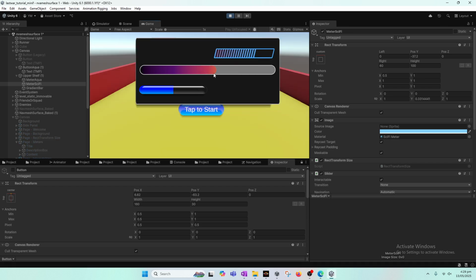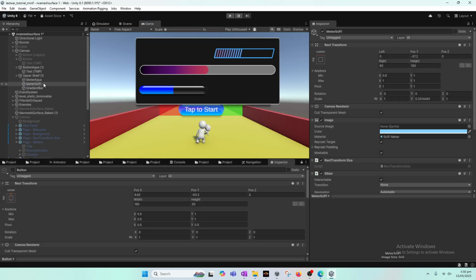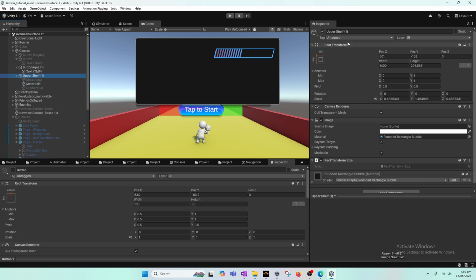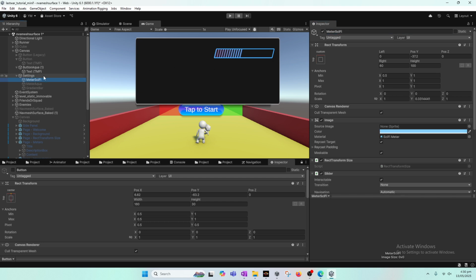So these are pretty interactable by default. I did nothing in it, as you can see. So what we can do is, I think this bar looks better, this bar, for the audio sake. So I will minimize these Master Aqua and Master Sci-Fi bars here, sorry, and the gradient bar here like this. And we will rename this upper shelf to settings. So this is the settings bar, and